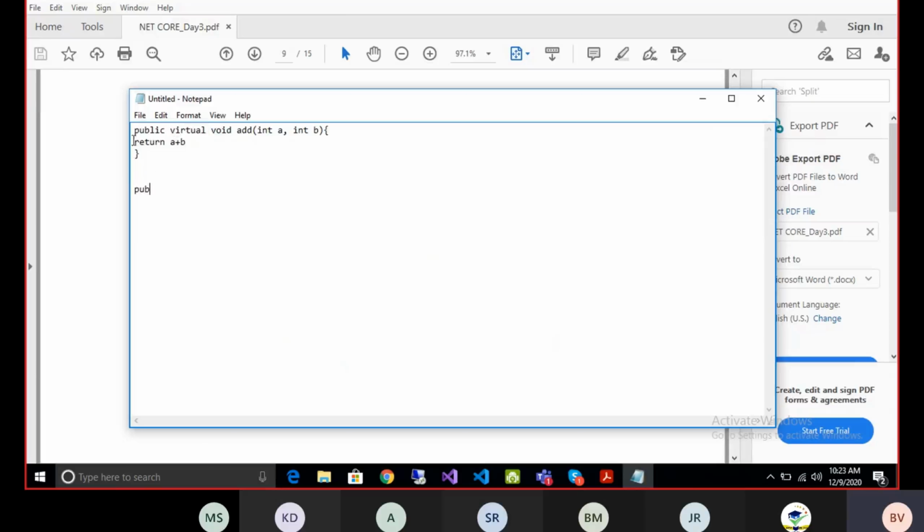Let's say this is in a class A, and in class B I'm extending class A, and I want to override this method. So I'm extending class A and I want to override it. What I'm doing is public override, and I'm going to check if A is not equal to 0 and B is not equal to 0. Then what I'm going to do is